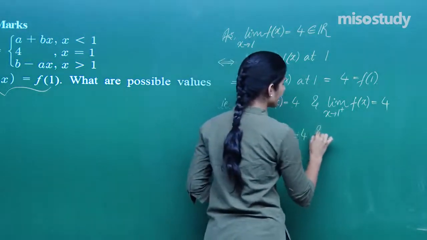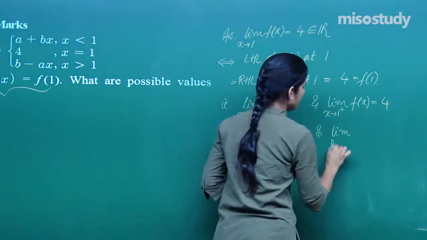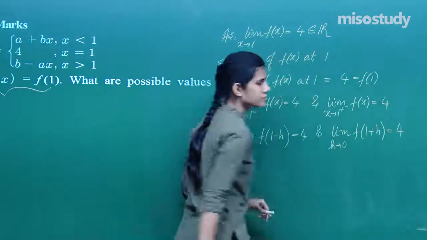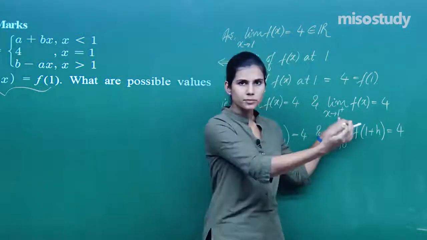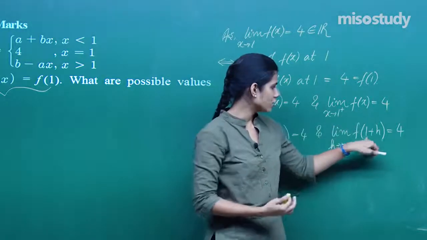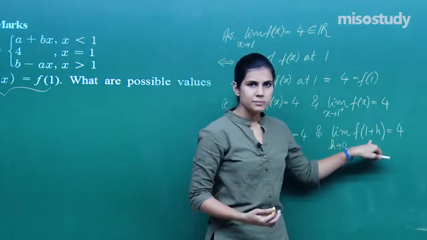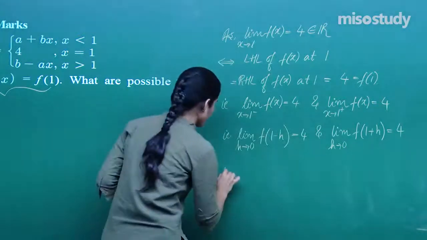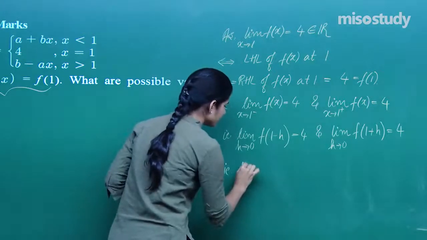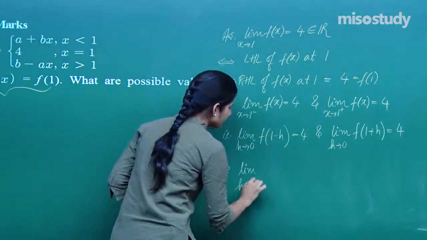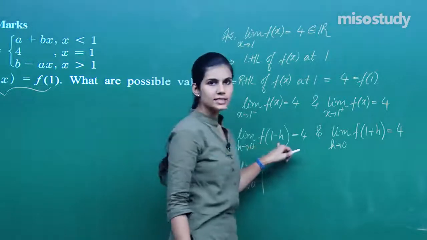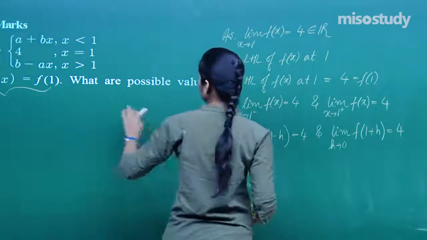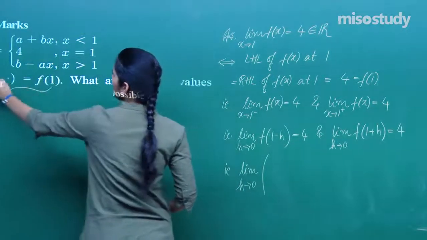This is given to be 4, and here you can say the limit as h tends to 0 of f of 1 plus h, because here x is approaching 1 from the right, so x is assuming values greater than 1, it is of the form 1 plus h, where h is approaching 0 as x is coming closer and closer to 1. Now h is positive, understand, h is positive, 1 minus h is a quantity less than 1, if 1 minus h is less than 1, then f of 1 minus h